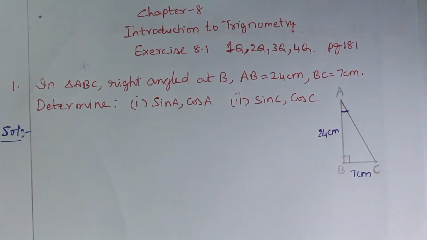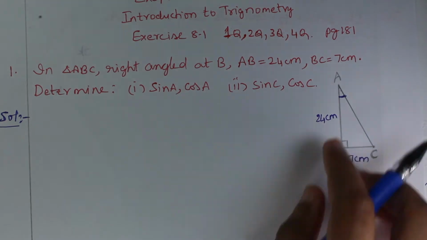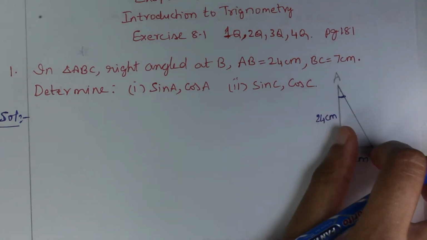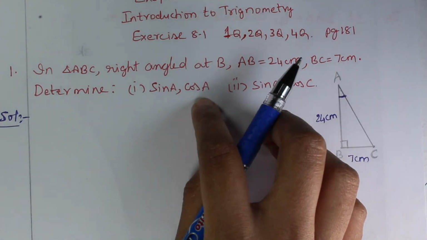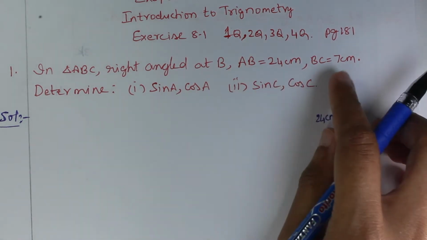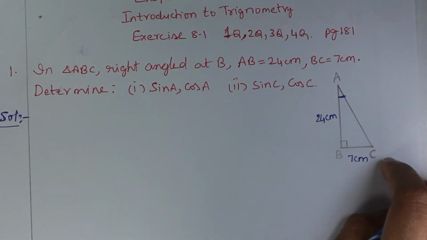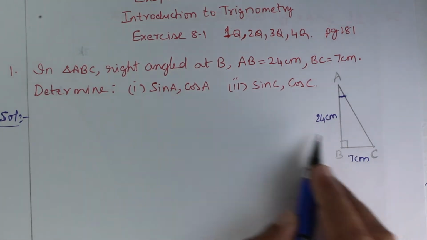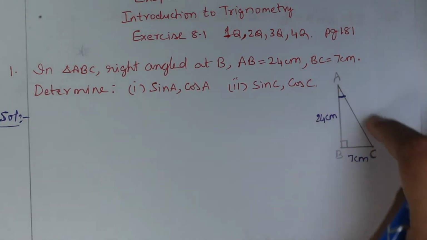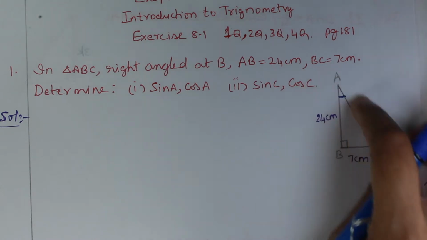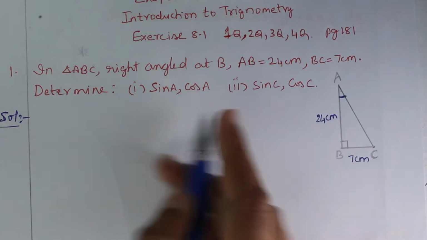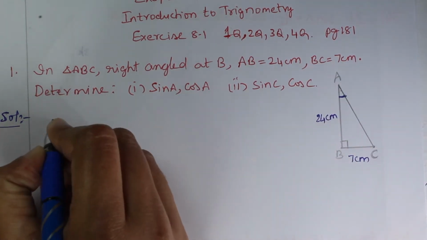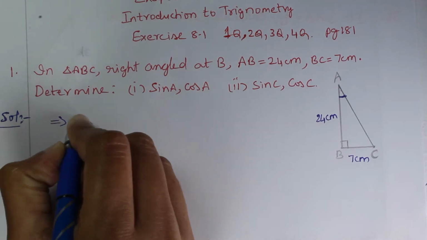So first of all, sine of an angle is opposite side to that angle divided by hypotenuse, whereas cos of an angle is adjacent side to the angle divided by hypotenuse. Now we need the value of hypotenuse to calculate sine and cos. So we can calculate the hypotenuse AC using Pythagoras theorem. What does the Pythagoras theorem say? AC square is equal to